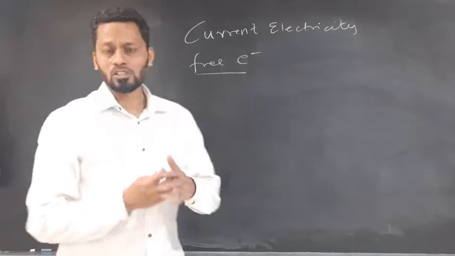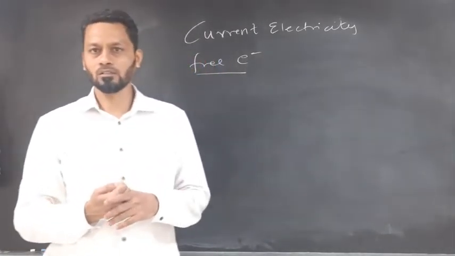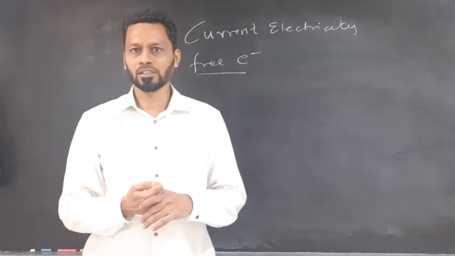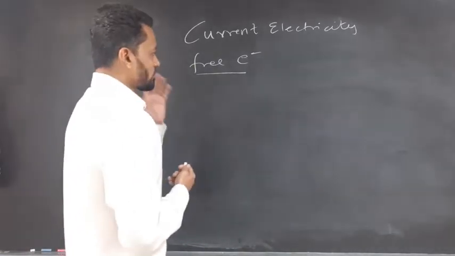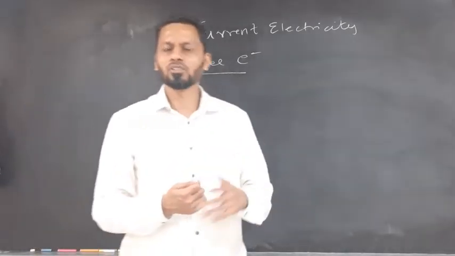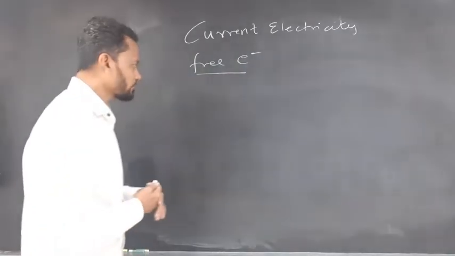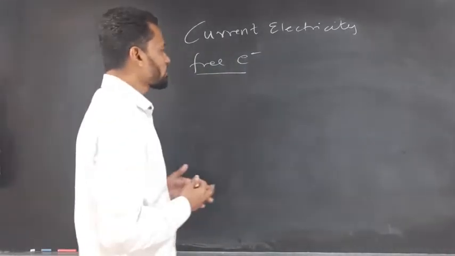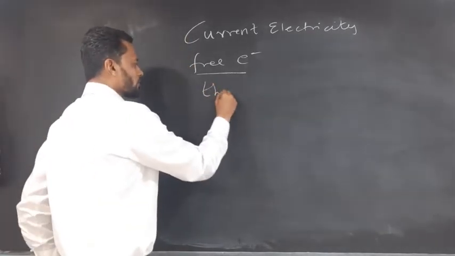Some part of chemistry you require to understand before you go ahead to understand the topic current electricity in depth. So basically, what are free electrons? They are located in the outermost orbit and they easily leave their octet when they get some amount of energy. So when I am talking with regard to free electrons, they have their own thermal energy,